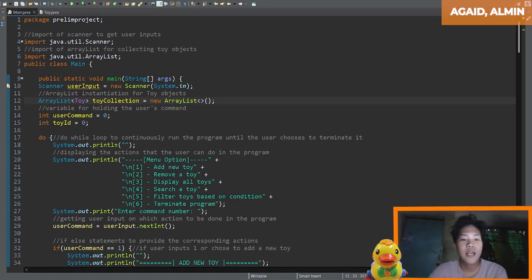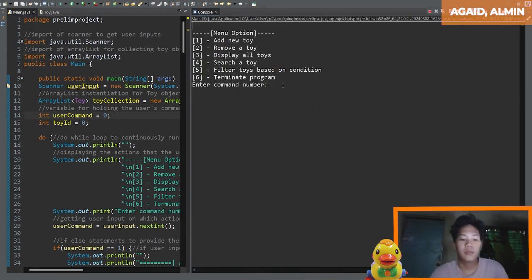So step 2 is adding a toy. Adding a toy, option 1.